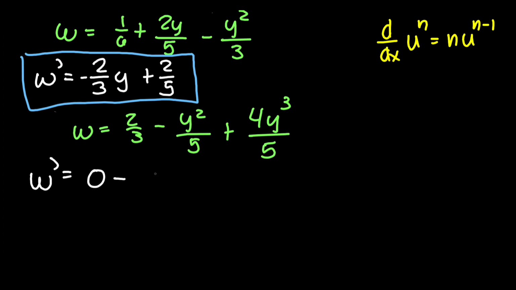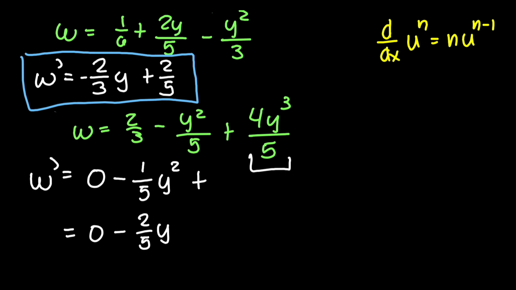We can rewrite this again as 1 over 5 y squared, and taking the derivative of this, it would be equal to 1/5 multiplied by 2 would be 2/5 y. 2 minus 1 would be equal to 1, or simply 2 over 5 multiplied by y,